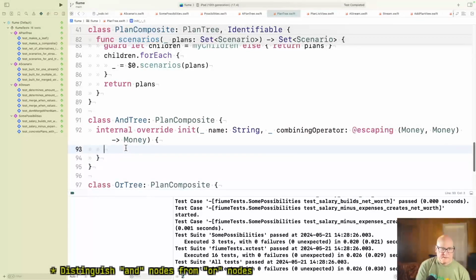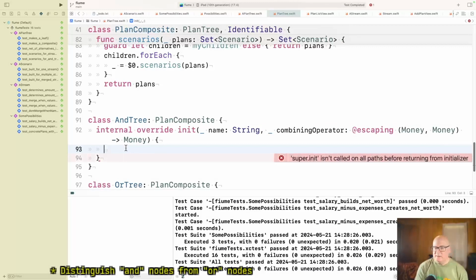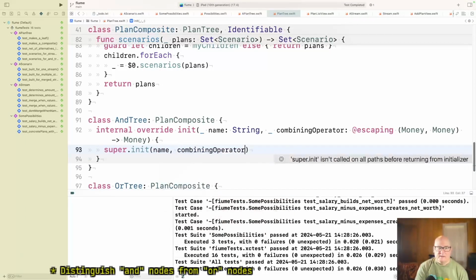And then, do I need to do that? Well, I can certainly call super init name and combining.